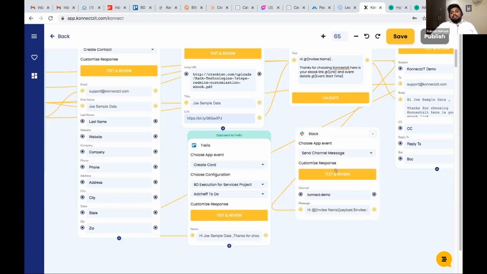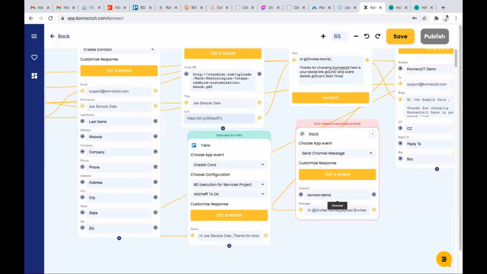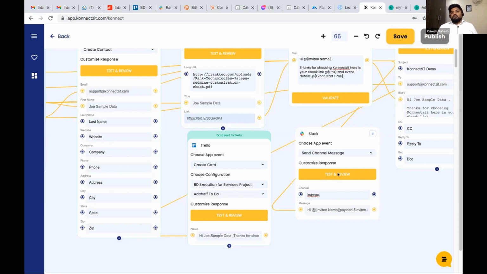Once all the tests are successful, our publish button will be enabled after all the apps are successful.